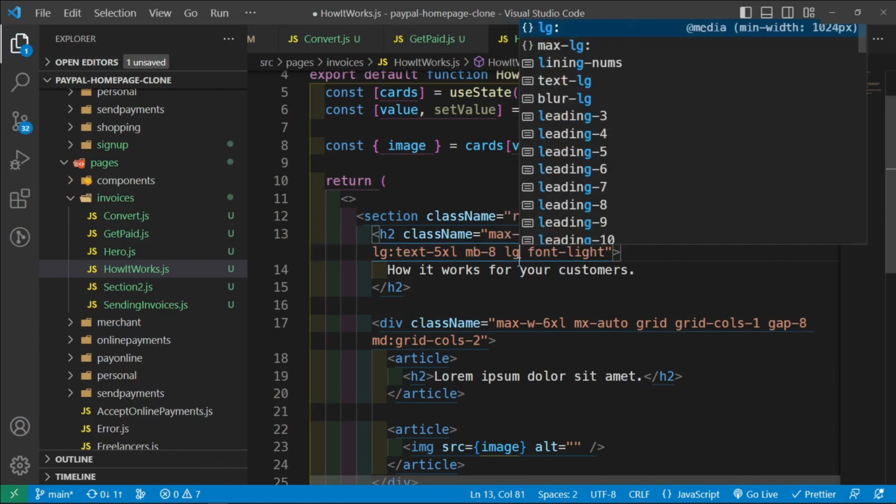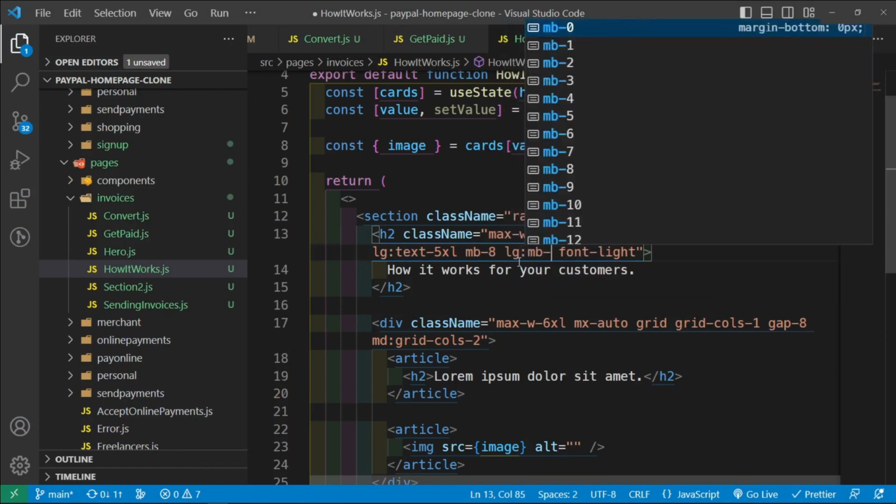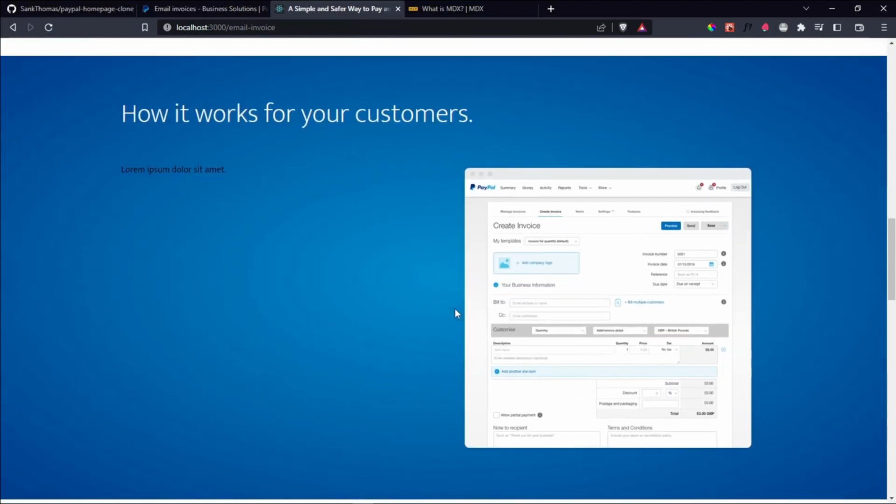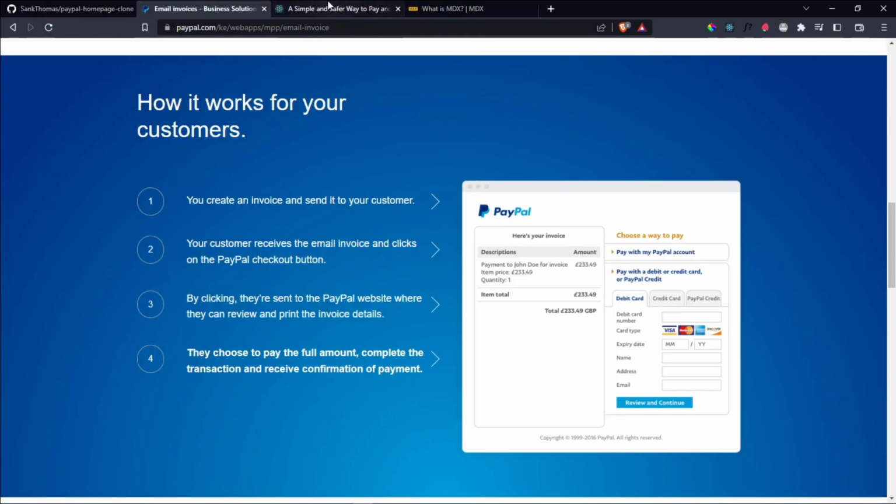Let me increase the margin bottom here. So let me say that for large screens margin bottom should be 16 to push it even more downwards. We're going to have that. Okay, and then now